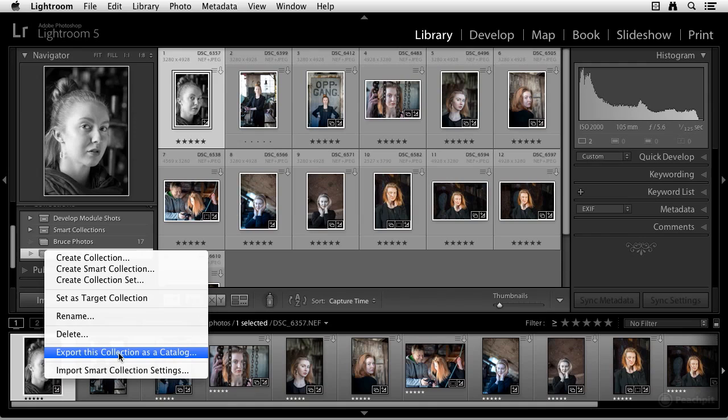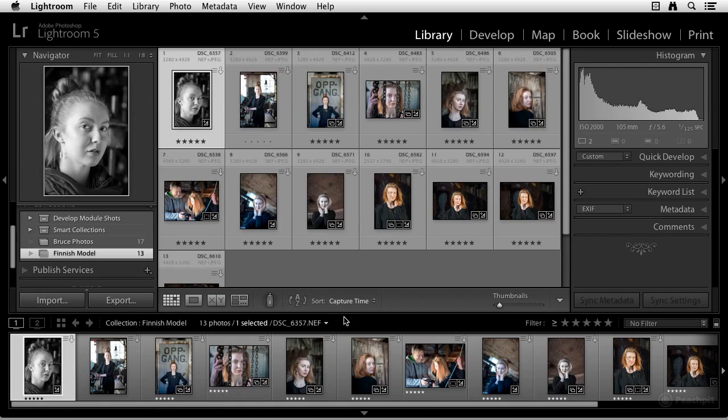If you've created a collection that you want to exist and share out in the world as a catalog, you can do that by selecting this option. But of course, you can always share the content of a collection by exporting the images themselves contained within the collection. You can tell an image exists in a collection by looking at the thumbnail, either in the film strip